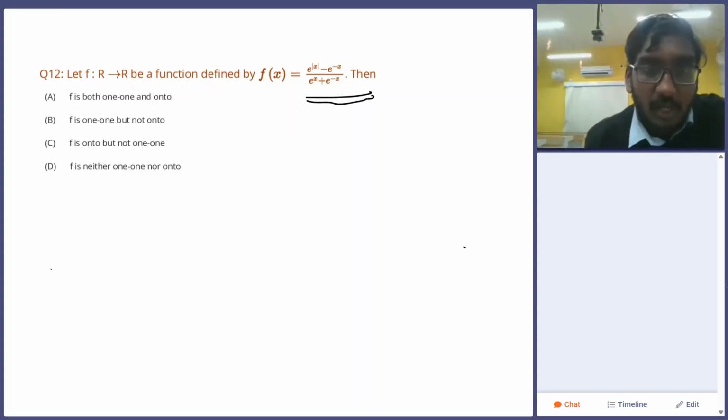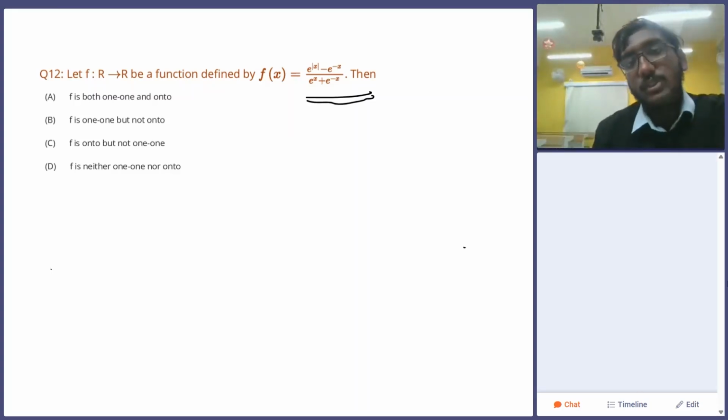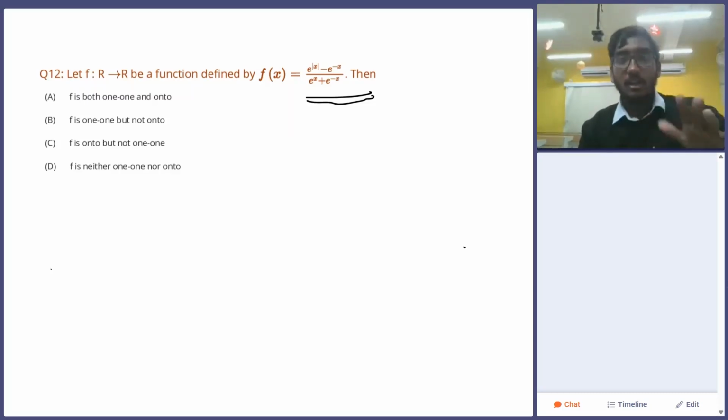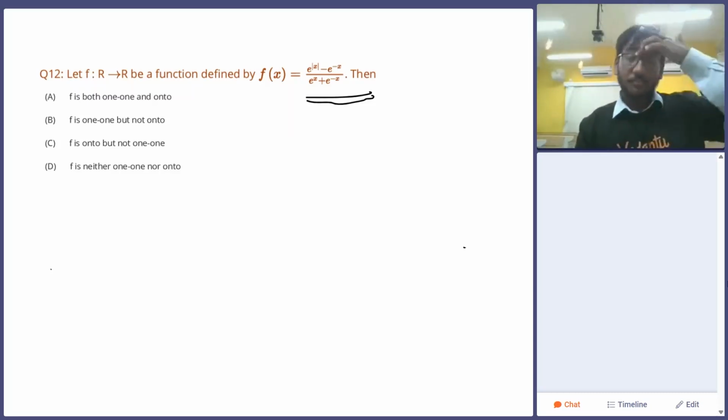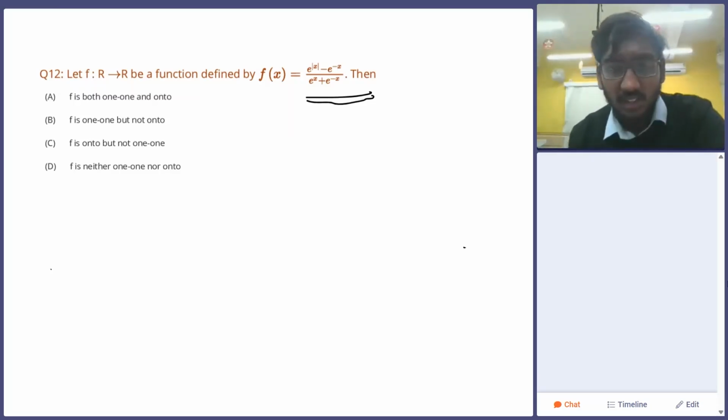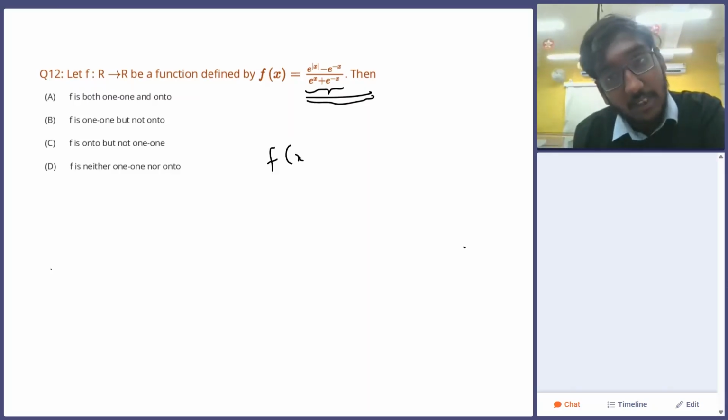And you just check the condition for onto. Just think of values with which you can say that it's not an onto function. You approach in that way, okay? We will think of such values, okay? Because in the denominator I am able to observe that it is of the form of a number plus its reciprocal. What I will do is, I will just say, in case f of x equal to 1,